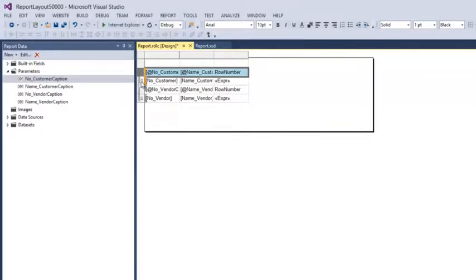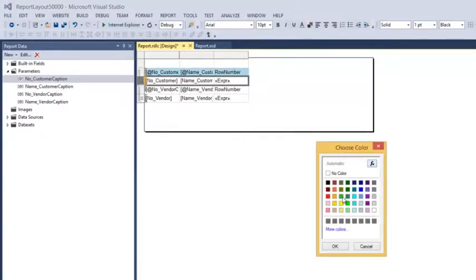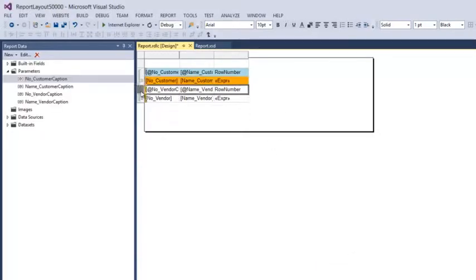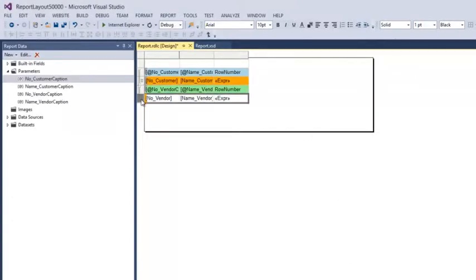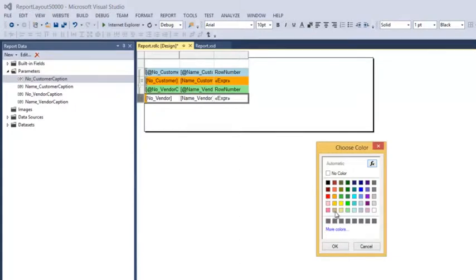I want to take the details row for the customer group, and I'll make this orange. Say OK, and then I will take the group header for the vendor, and I'll make this light green. And for the bottom of the details of the vendor, I'll take this brown color, tan, and say OK.